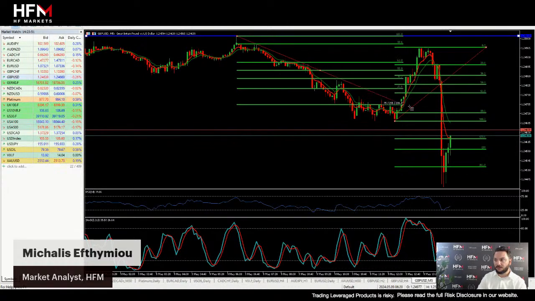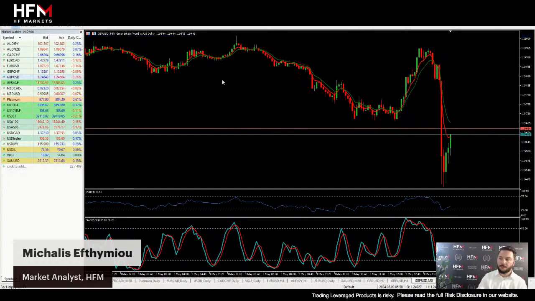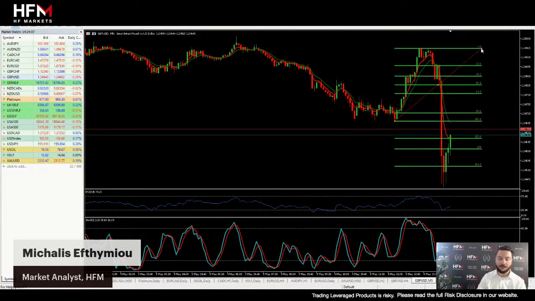And normally a retracement would decline to the 61.8. So normally a retracement would decline to here. It's slightly higher without a doubt. But ladies and gentlemen, that's only very simply because we're looking at an event today. That's the only reason. So what can we take into consideration now?